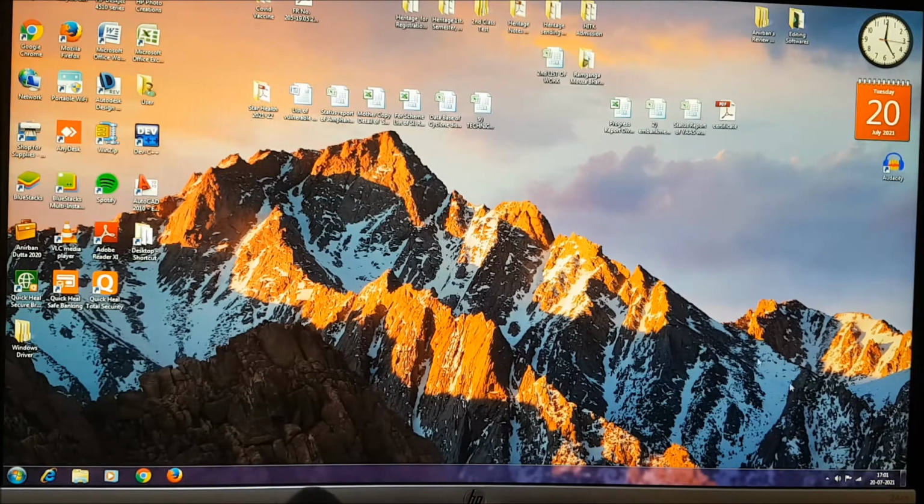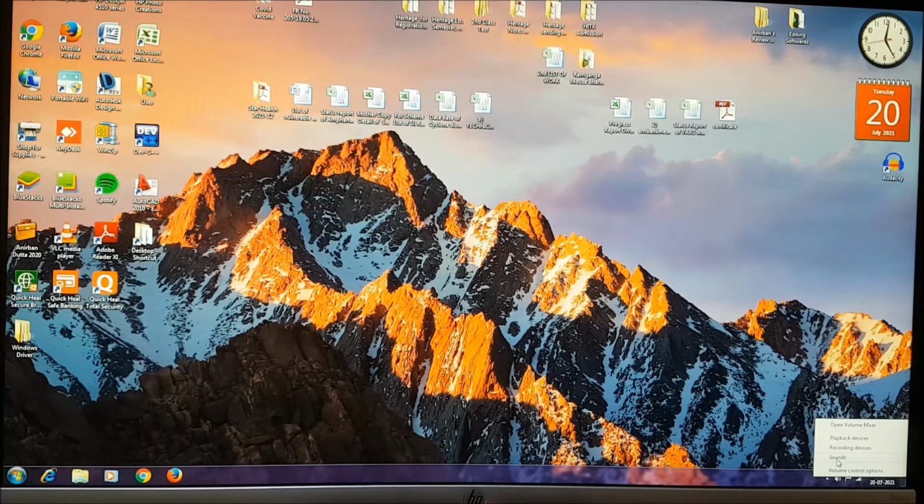If your system is connected to any kind of external speaker from where the audio comes, you will find this kind of speaker option. All you need to do is to just right click on it first. From here you will find these options, that is open volume mixer, playback devices, recording devices, sounds, and volume control options.